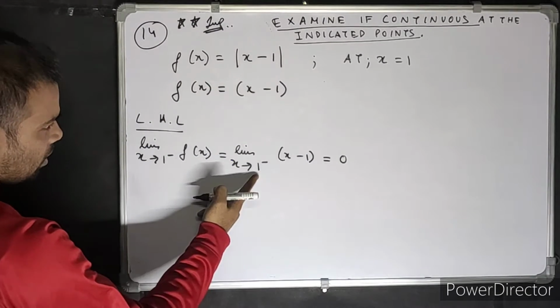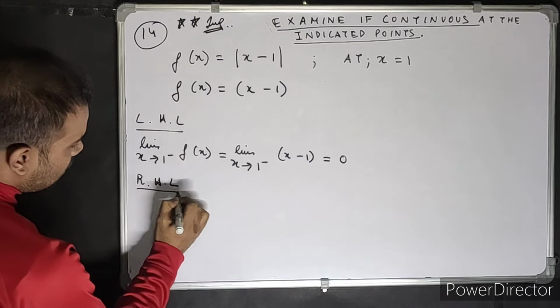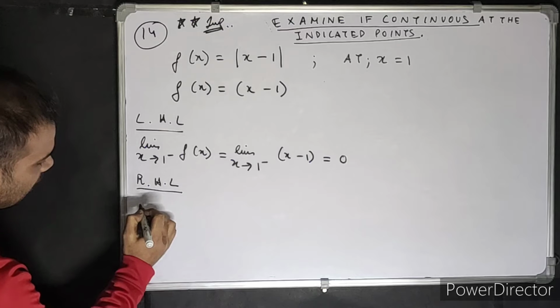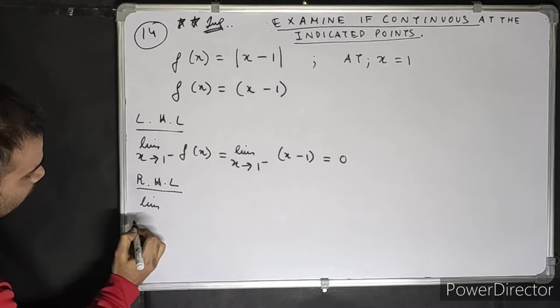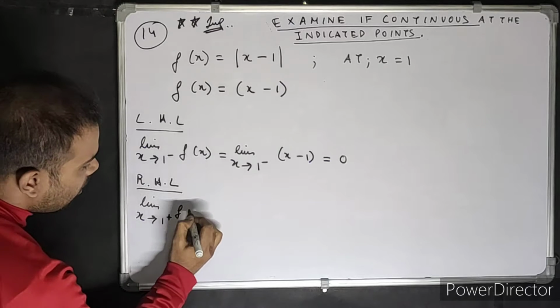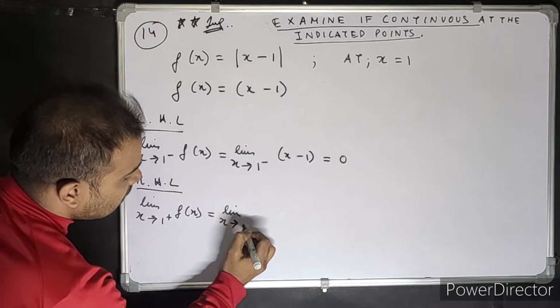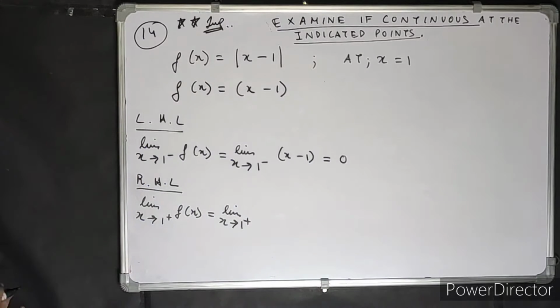Don't put minus 1. I already told you why. Check my previous videos. RHL, limit of x tends to 1 positive, f of x is equal to limit of x tends to 1 positive,